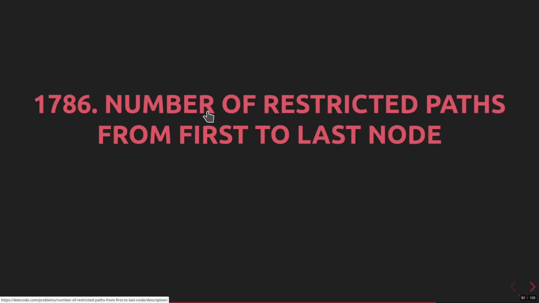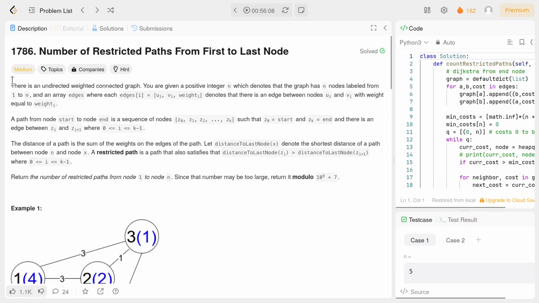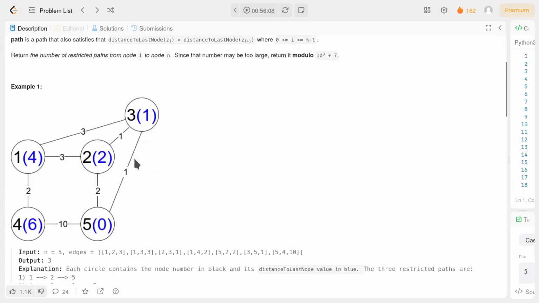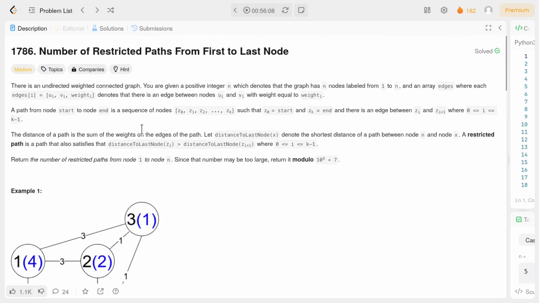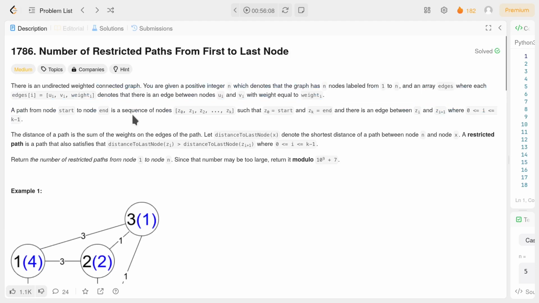So let's talk about, okay, I'm actually not going to talk too much about this one. I'm going to gloss over it a lot. So basically the gist of this problem is you have a number of restricted paths, but first what you need to do is figure out the shortest path to the destination from every single node, okay? So I'm just going to focus on the part where, hey,